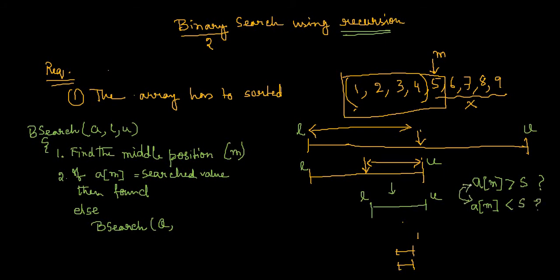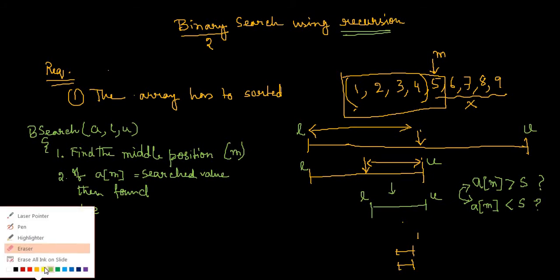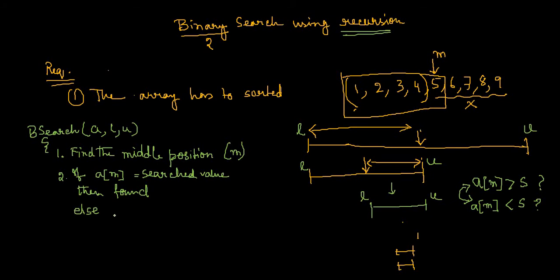Which one among these two? Depends on either I have to adjust L or I have to adjust U. That means here I should not have a blind call. Here I must have a criteria in this else part. Let's see, else if you can say that A of M